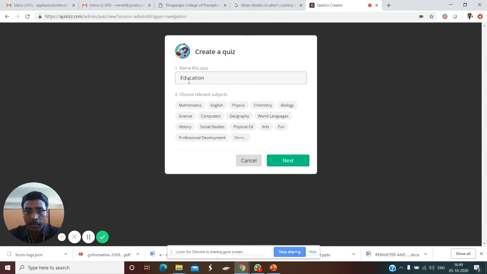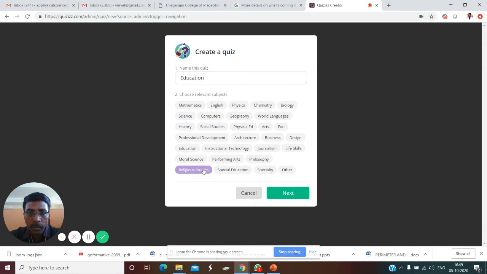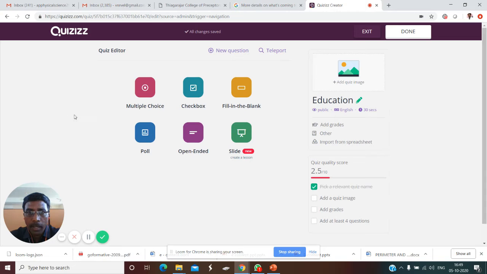Just start typing education, and you can click the more option, and just click other. If you are preparing for a subject, you can select the subject here. Otherwise, you just click other and next.